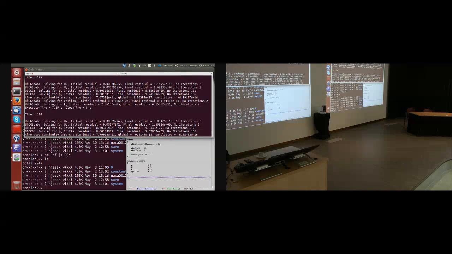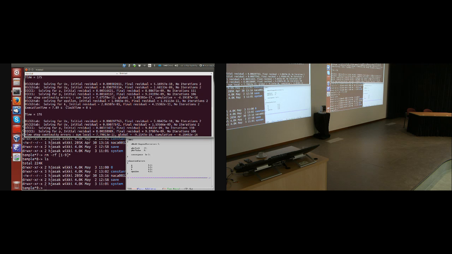Will show me my residuals, and as you can see, this is nicely converging. Okay, the residual that you're looking at is always the initial residual. Okay, so what is going on here? When you formulate linear equation sets for each of your equations, and you call the linear equation solver, it will